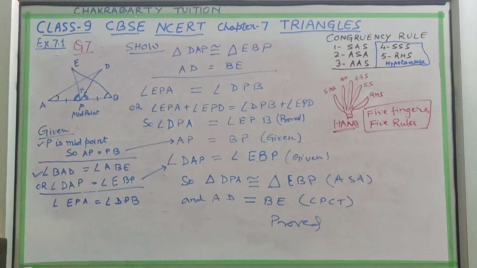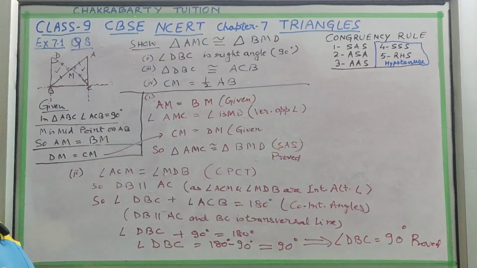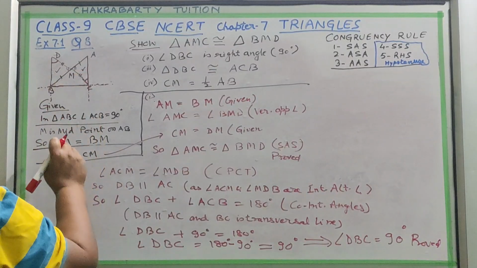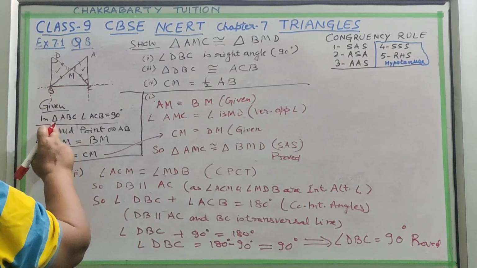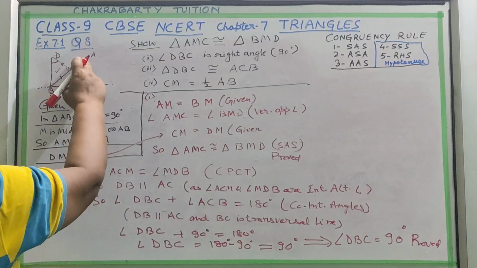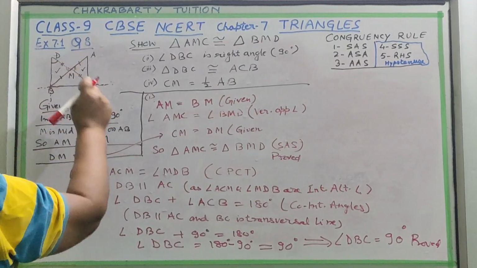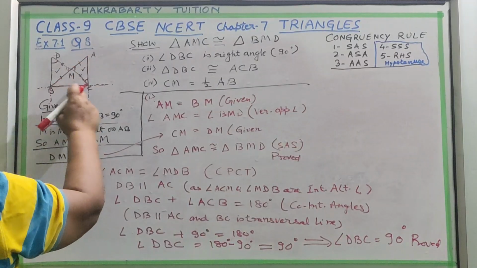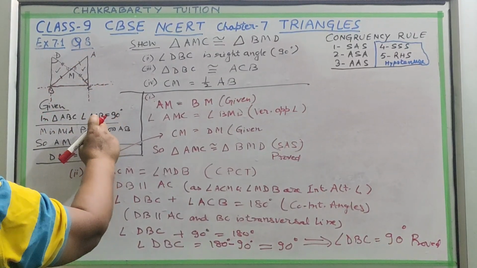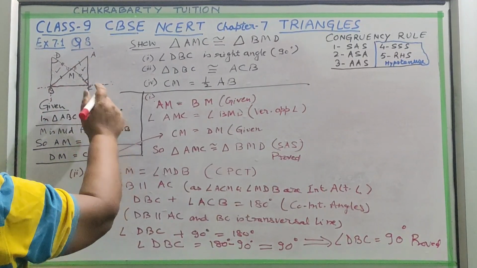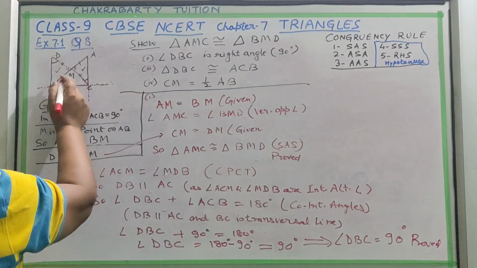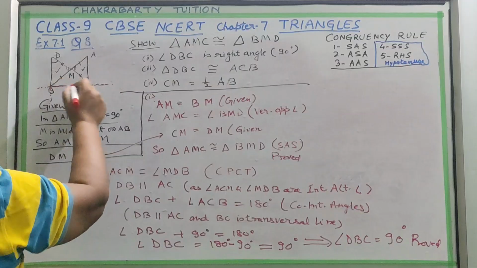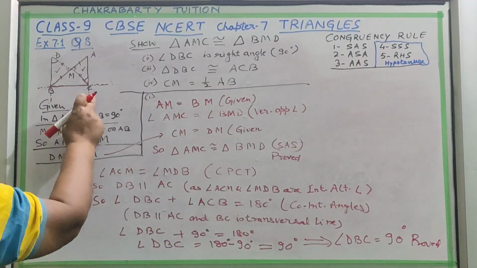Question 7 is over. Now question 8 we are going to do. Now our last question 8. In the last question, this figure is given. In this figure, what is given? Triangle ABC, with A, B and C, and in triangle ABC, this angle ACB is 90 degrees. You have to keep in mind this ACB is 90 degrees. Then M is the midpoint.